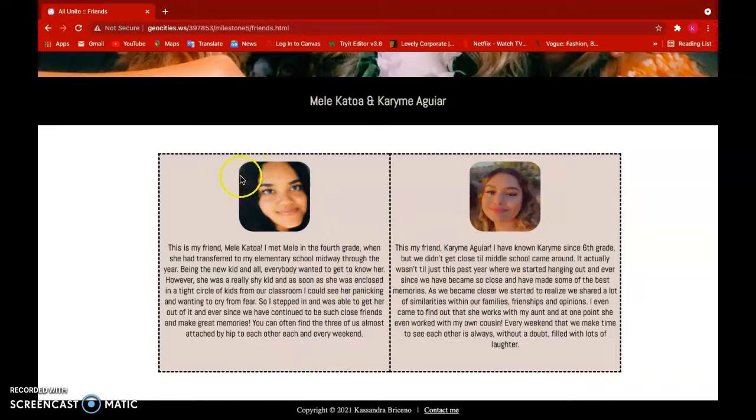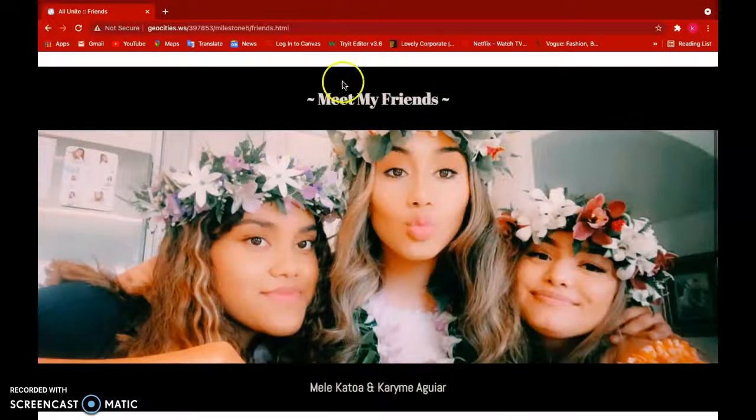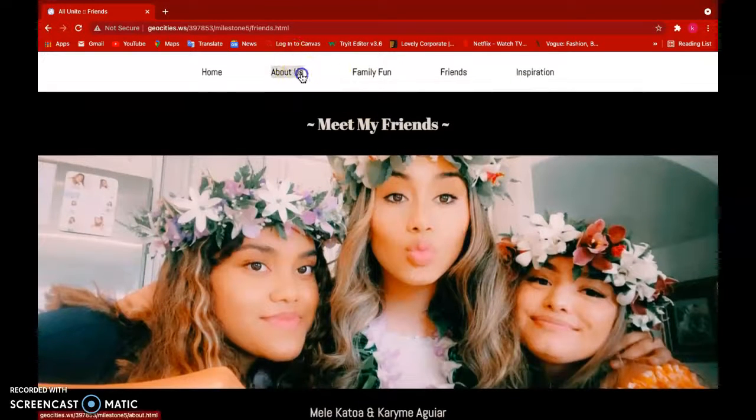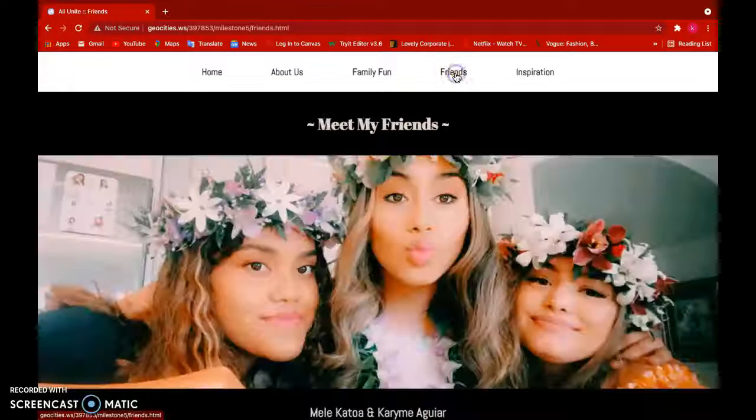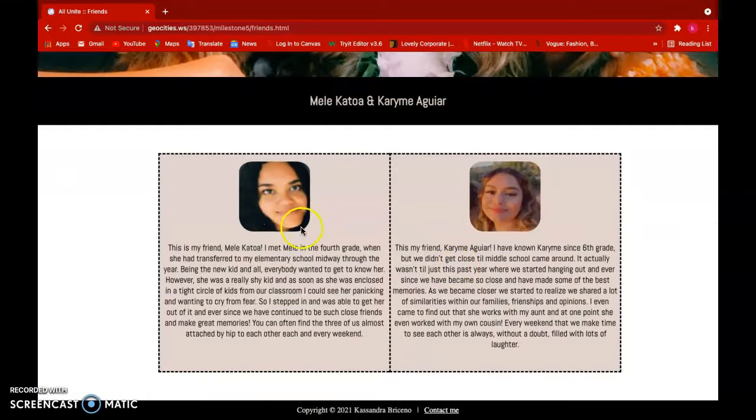And again, with this I added a radius, not as harsh as can be seen in my about us of my family members. Of course, I used a more oval because these are more sharp shapes that came through. And in this one, I added a bit of radius, but not all the way, just so it'd be a little subtle. And I really like how that came through. And again, I did that for contrast.